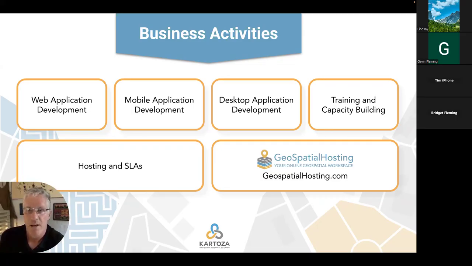And then hosting and SLAs, service level agreements. We offer hosting, and that's a large part of our business. We host most of the applications that we develop, and we host off-the-shelf applications on behalf of customers as well. Our hosting includes maintenance, and we also offer support service level agreements. So whether you want support for QGIS or GeoServer or one of the products that we've developed for you,